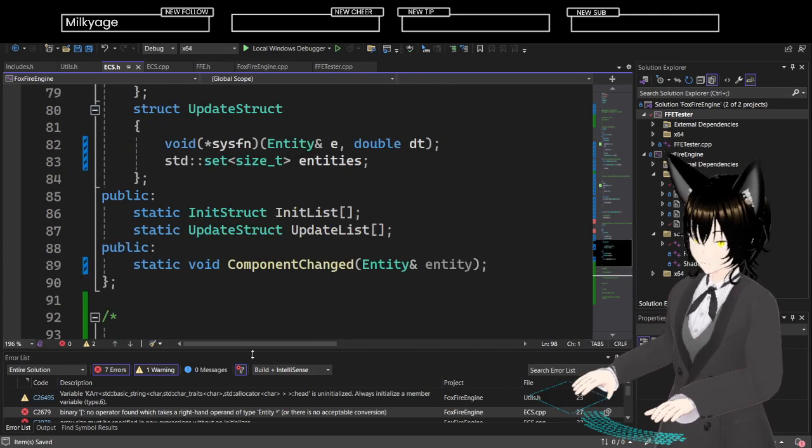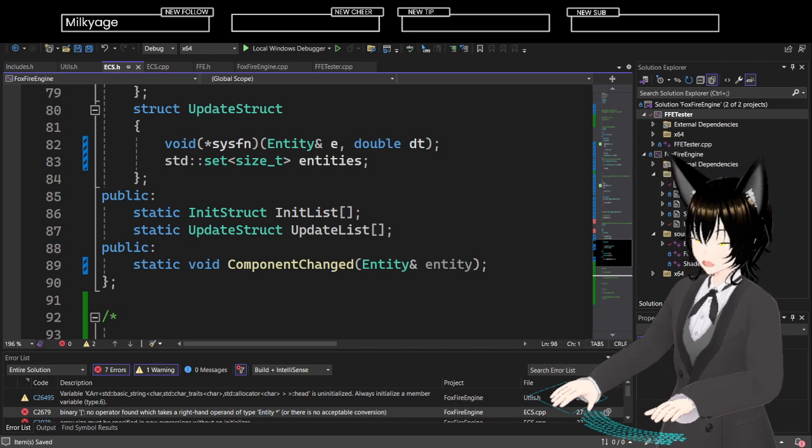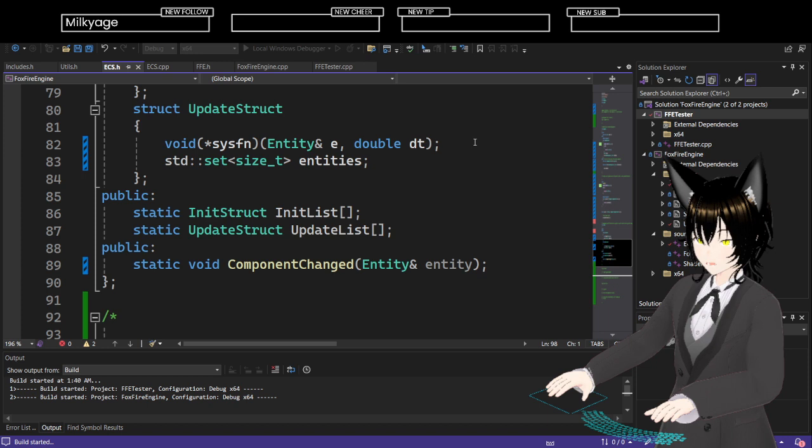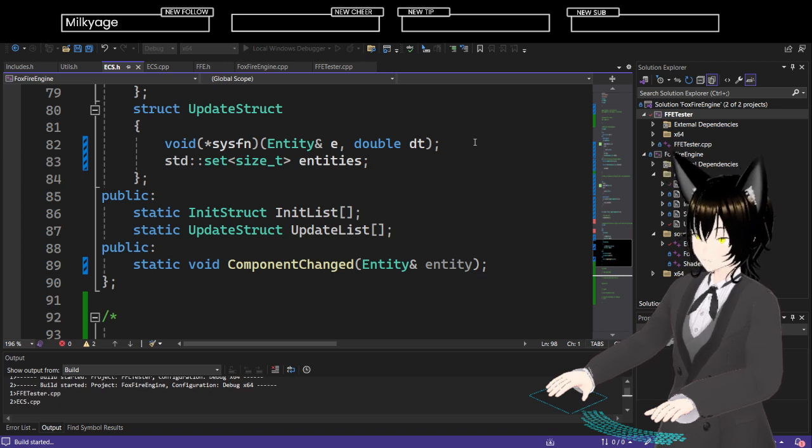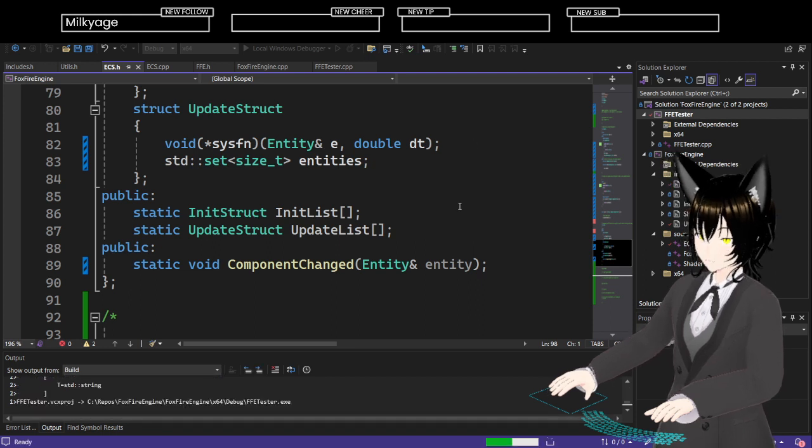You know what I mean? So let's build just to see what new problems show up, because I know I have a bunch of errors. But it'll be fine.